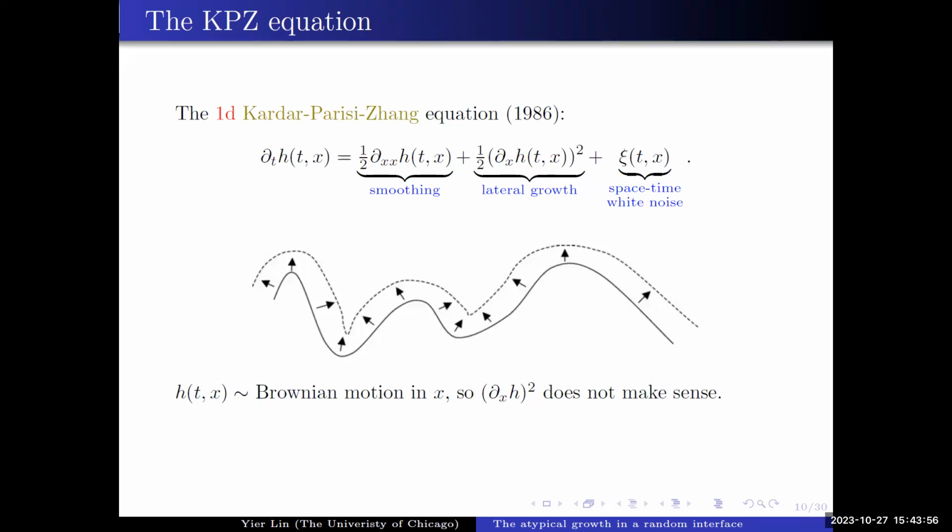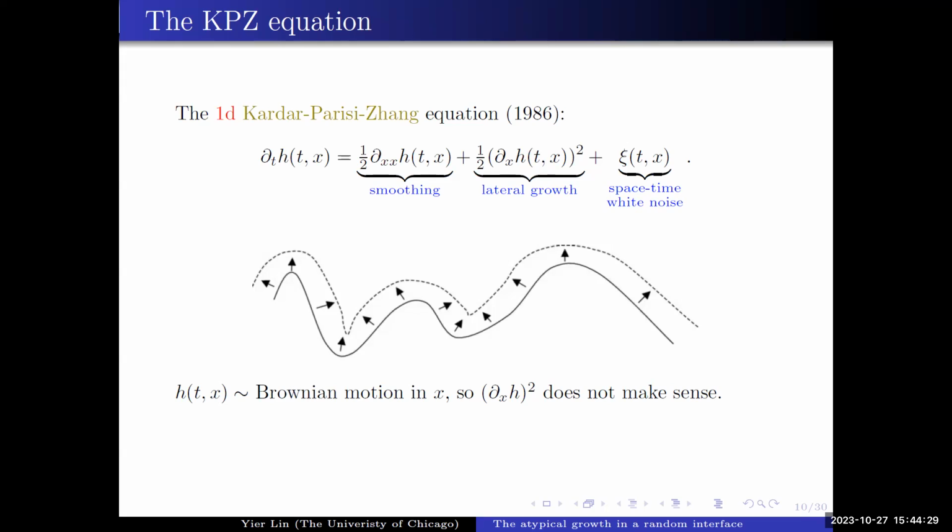And the most important term here is this term, because if you only consider the first term and third term on the right-hand side, what you're going to observe is again some Gaussian field. But there are a lot of physical experiments that tell you when you look at the fluctuation of this random growing interface, the fluctuation is not Gaussian. So this second term captures one very important property in this random interface growth.